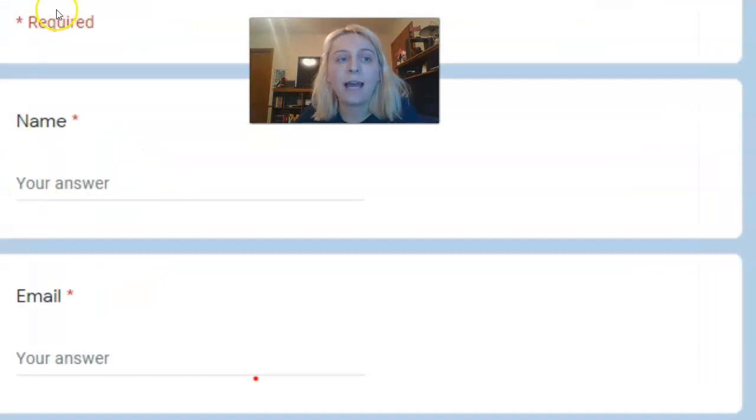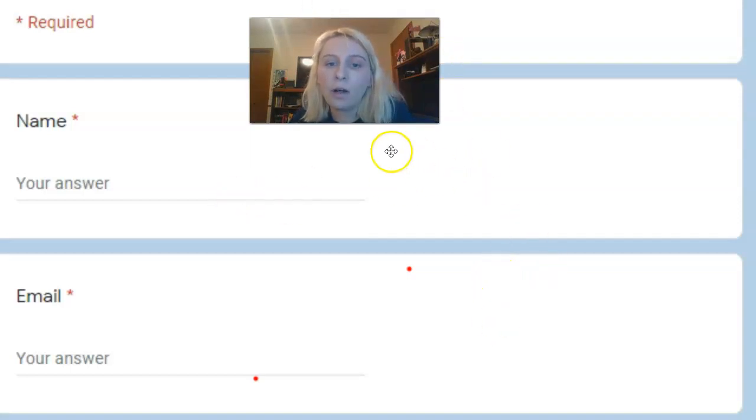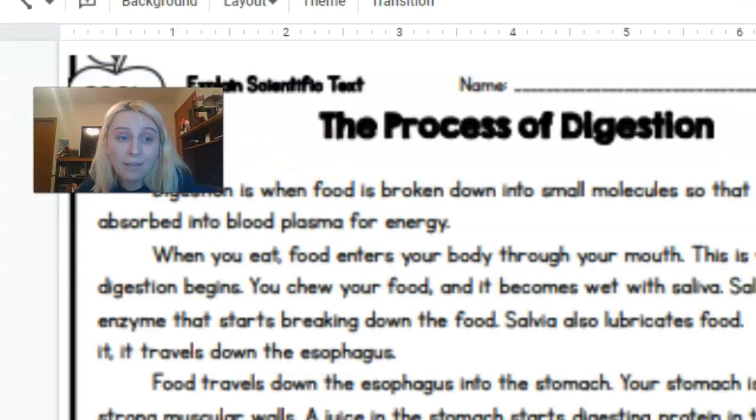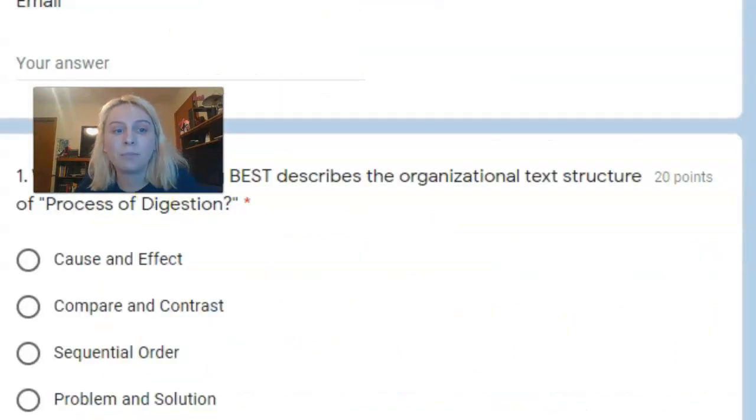So this is asking, how's this text organized? Compare and contrast, problem and solution, those things. And so when we're looking at the text structure of a whole passage, we're looking at the whole thing from start to finish. How is this put together? Well, I'm going to tell you, it's called the process of digestion. That is a big hint right there. That tells me that this is going through steps of digestion. That's what it means by process of digestion. All right, so